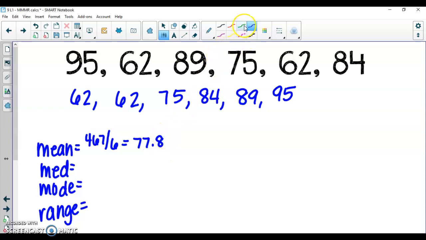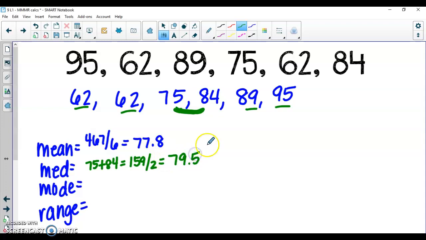To get the median here, beginning, end, notice that I'm left with these two in the center. So to get my median, I do 75 plus 84. I'm adding them together. It's going to give me 159. And then I need to divide by 2 because I'm taking the average of these two. I get 79.5. My mode, looking at my set of data, there's only one number here that repeats itself, and